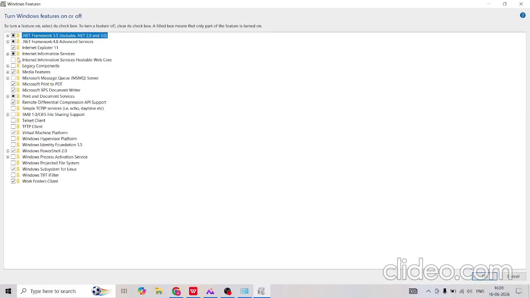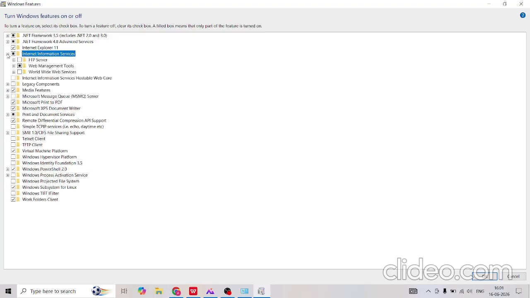Then you will see, on the third or fourth line, Internet Information Services. You have to enable it by opening it and also clicking on World Wide Web Services, and also clicking on Internet Information Services Hostable Web Core. You have to click on both these check boxes, and then